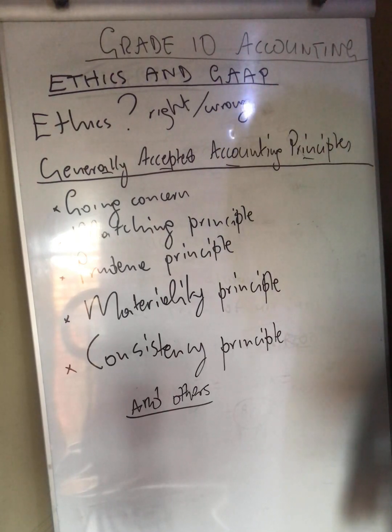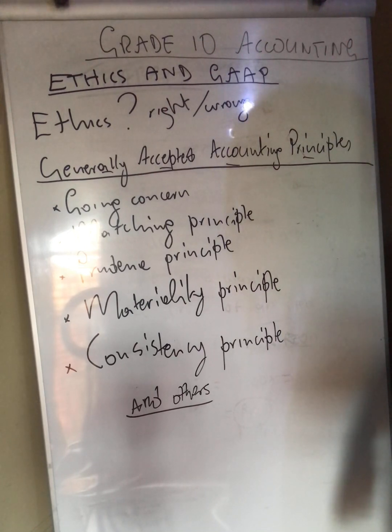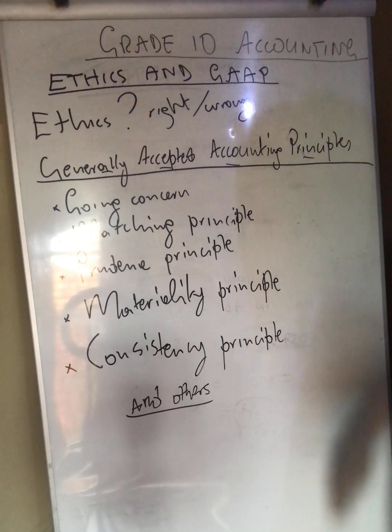Then we have our fourth principle for today, and this fourth principle is the principle of materiality or good faith. Now, through the principle of materiality, we are informed that accountants can ignore some rules if the amount in question is regarded or considered immaterial or too little or too insignificant. It's not gonna create too much discrepancies. It's not gonna